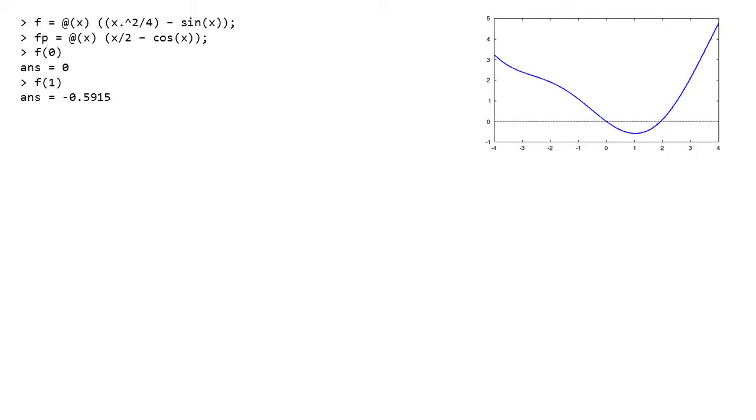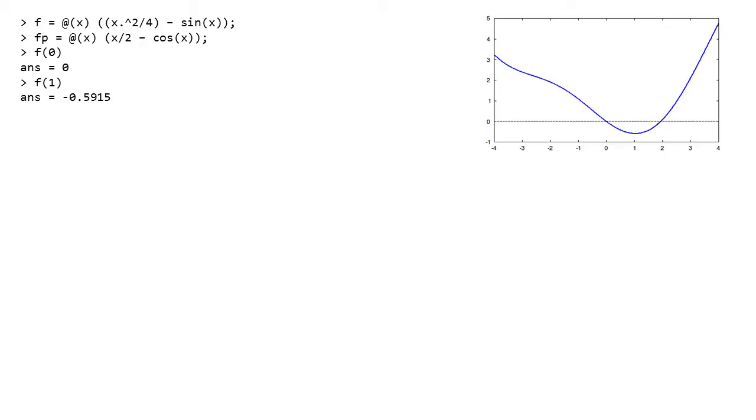I can check my function values by saying, okay, f of 1, that gives me negative 0.6 on my graph. If I come over here to x equals 1, then I can see, yeah, that's about negative 0.6 there. So that makes sense. Okay, so we're getting results that make sense. So we've got our function defined, we've got our derivative defined, and now I'm going to construct a loop in